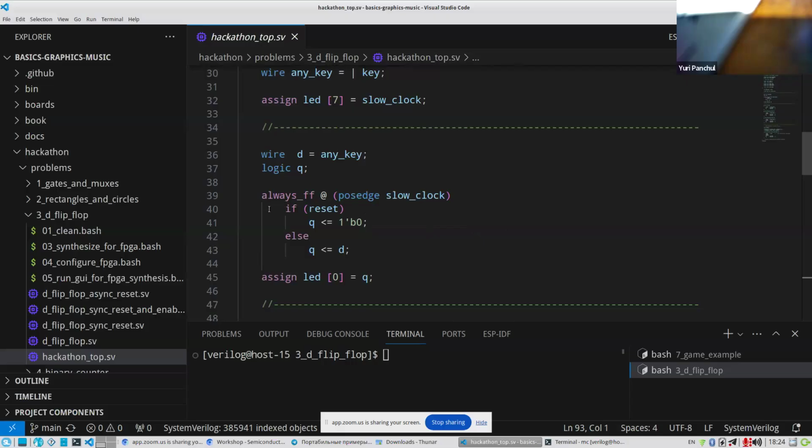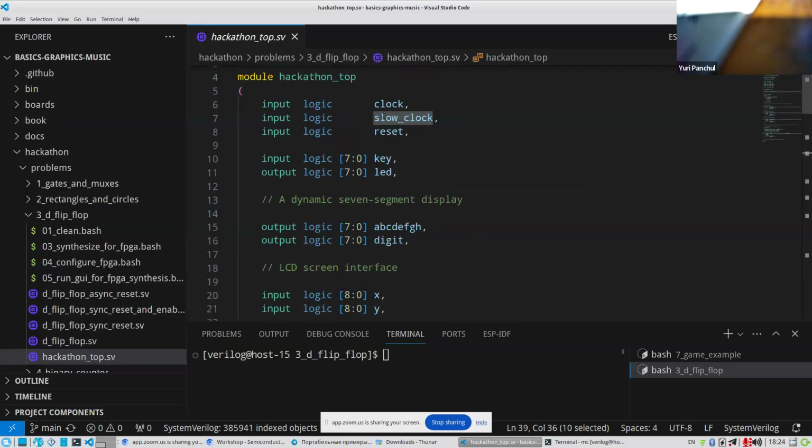Okay, so here is the code which defines flip-flop. We will use a signal called slow clock, which is an artificially created signal with a frequency of 1 hertz. Here we have a signal clock with a frequency of 27 megahertz, then slow clock with a frequency of 1 hertz, and a reset signal.